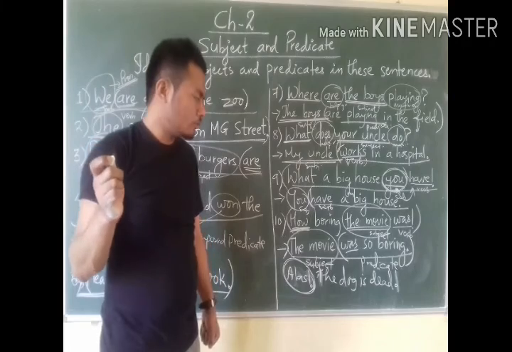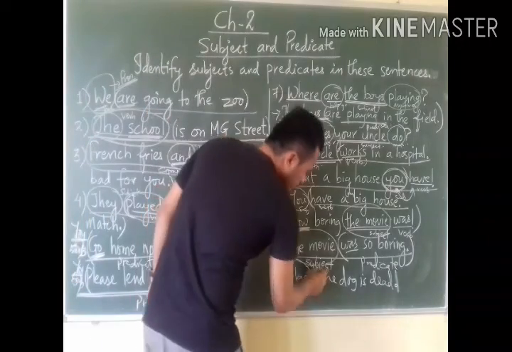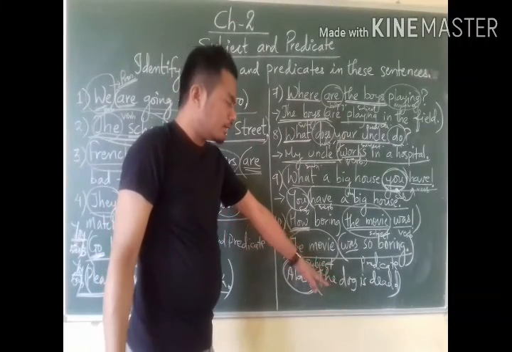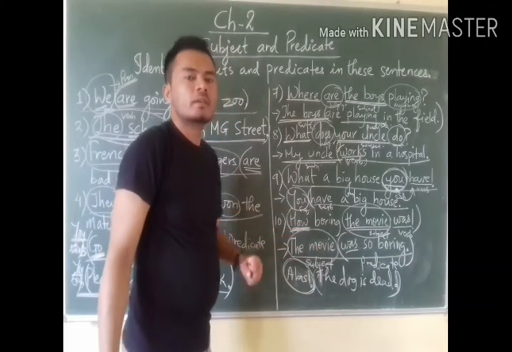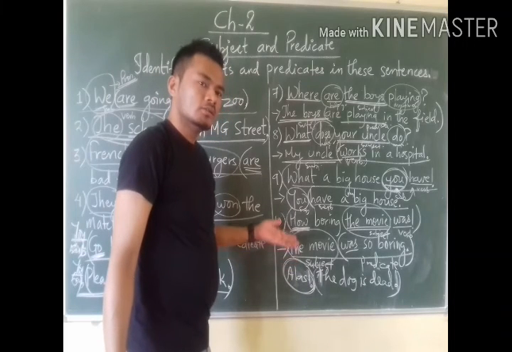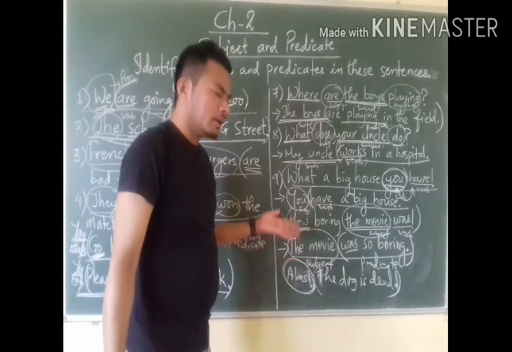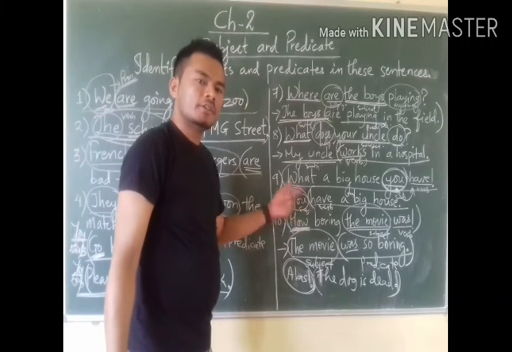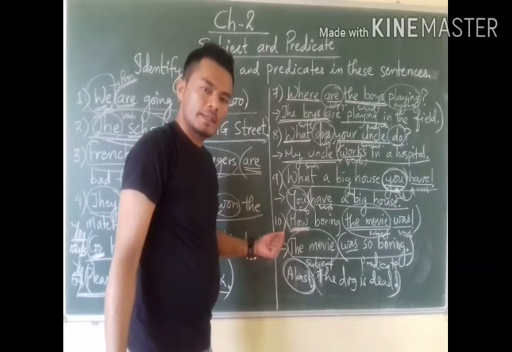and is very sad that the dog is dead is the predicate. Understood? Otherwise, if you write only this sentence, the dog is dead, the subject is the dog and is dead is the predicate. Okay, because the sentence is about the dog, so the dog is the subject, and what is told about the dog is dead. So is is the verb. So after the verb, the other words are the predicate.